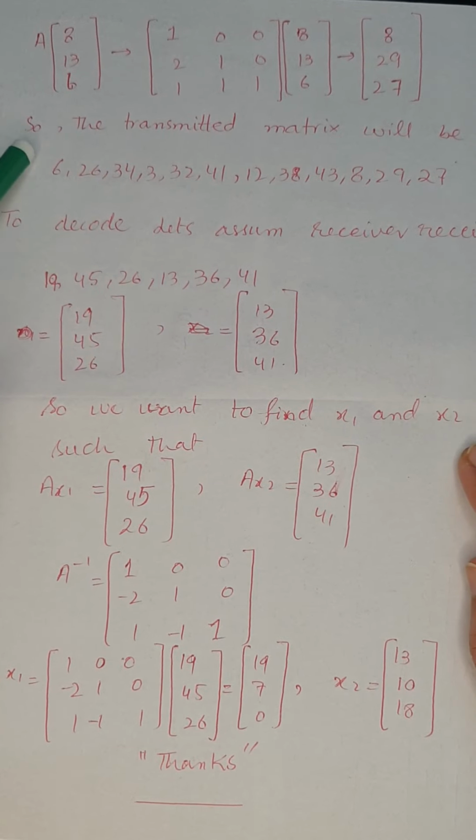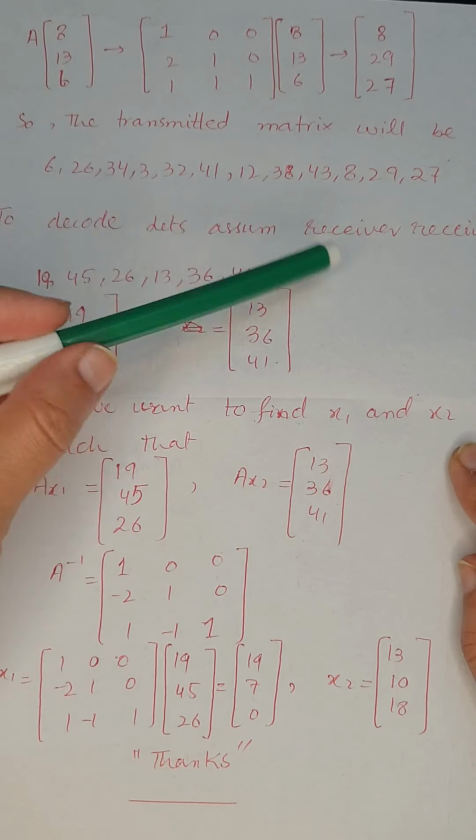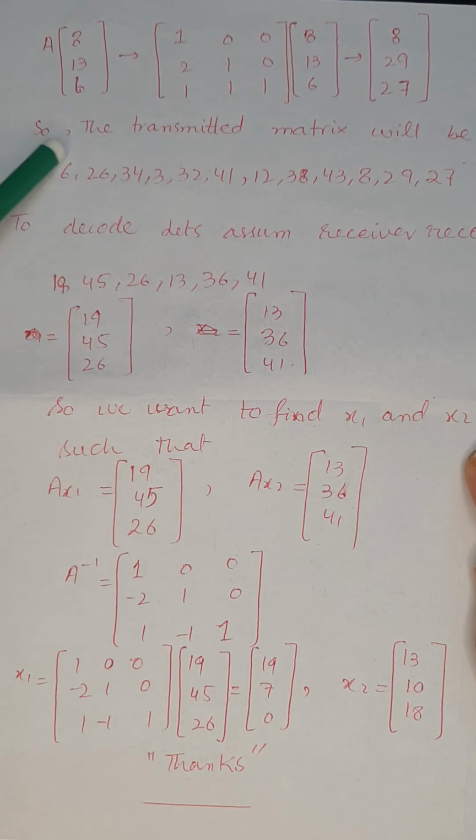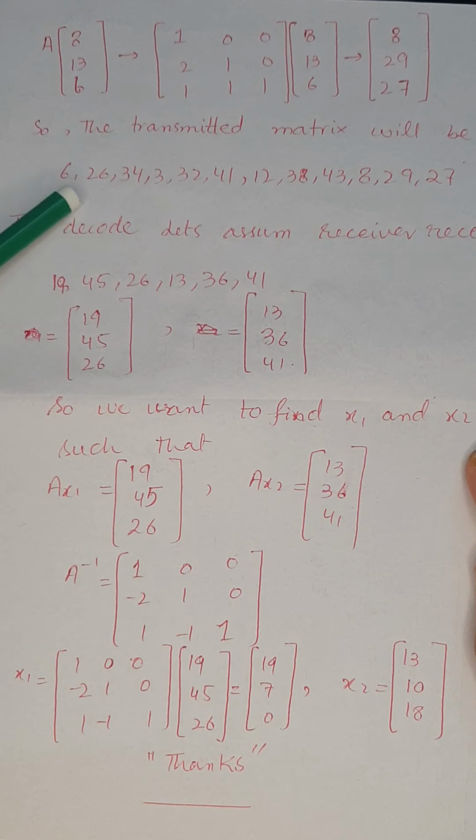Now you can see over here the messages that are ready for transmission have been transformed into some other messages. If you try to decode this sequence, you can see 6 corresponds to G. So the first letter that you can predict is G, that is all right. But what comes next? It's 26, and as we can see from the previous encoding scheme, 26 corresponds to a blank, so it can be written as G then blank. So this is actually not the original message. It has been hidden and it has been encrypted.